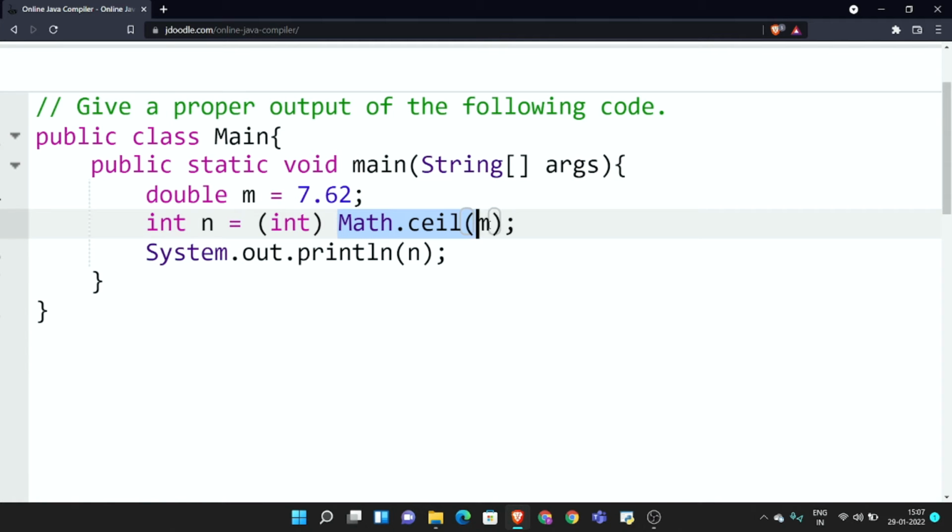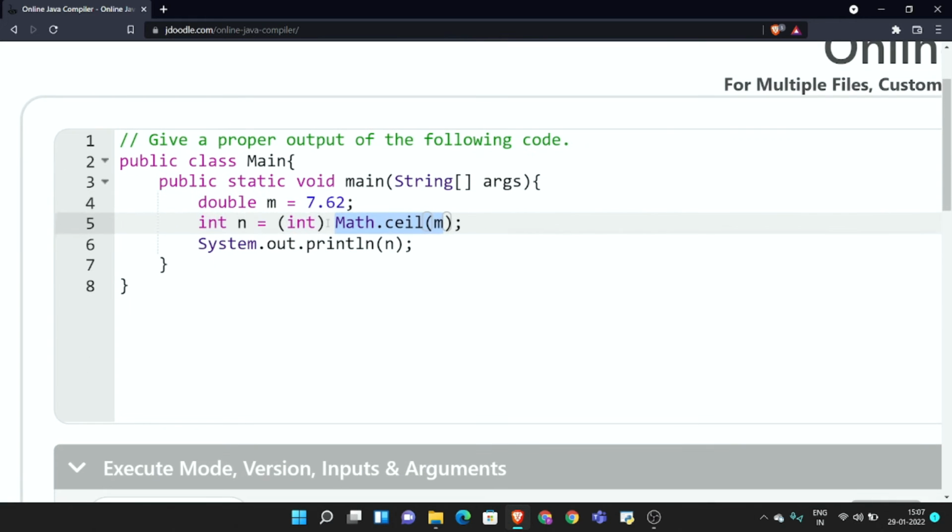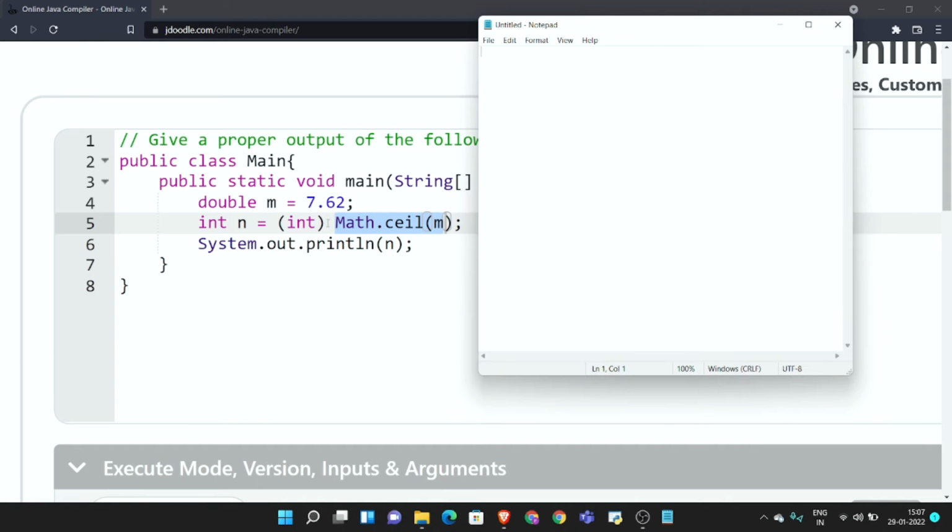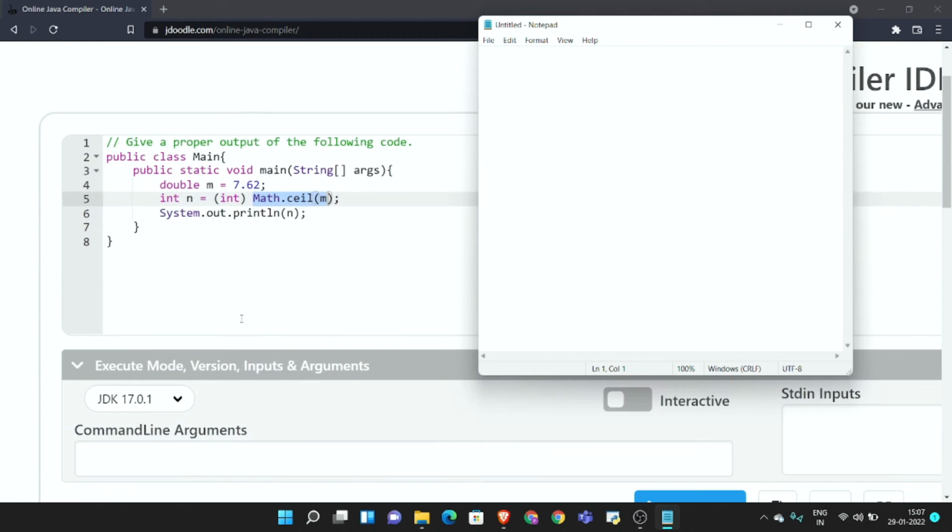And when it comes to math.ceil, generally what math.ceil does is take a value which is greater than the number taken, but which is the least among those greater numbers. Okay, I'll explain this in Notepad for your better clarification. I'll just zoom this in. I'll explain this in three cases. Case 1: I would like to take a number n that would be equal to 5.1. So if I command math.ceil